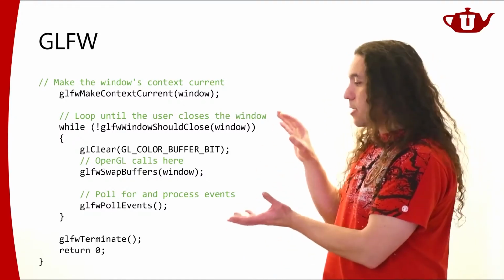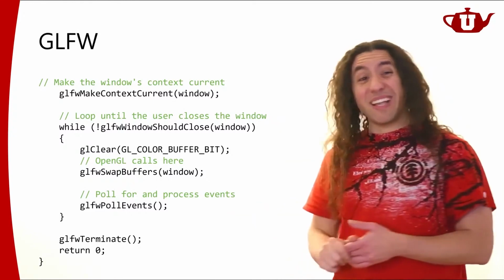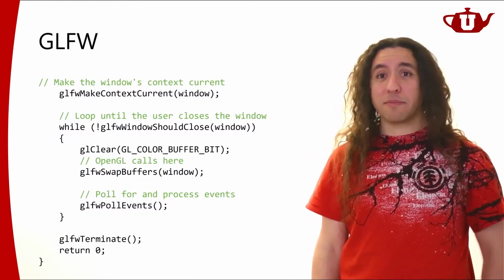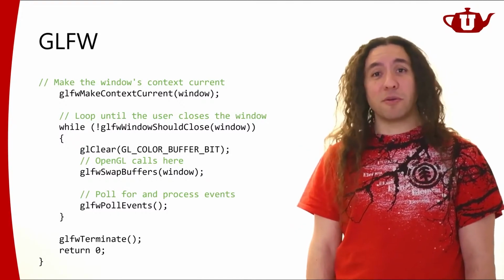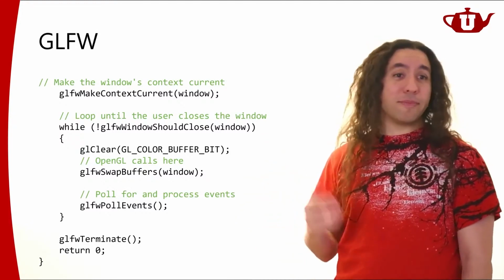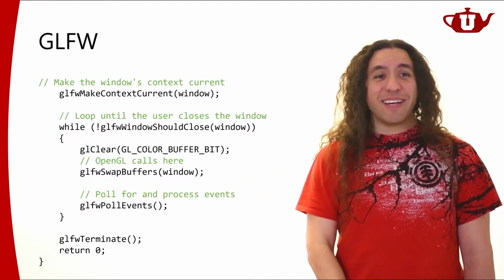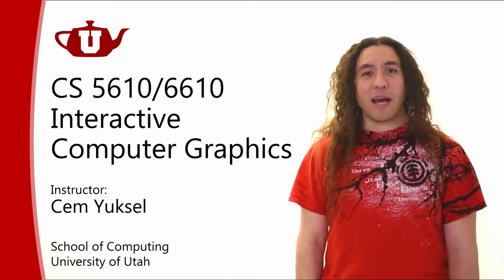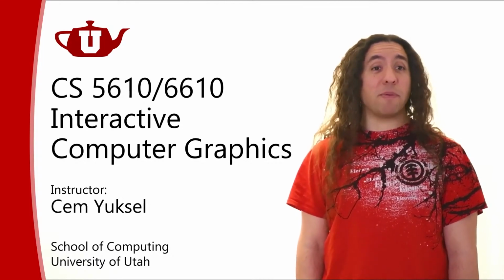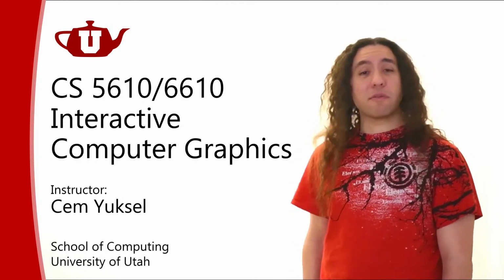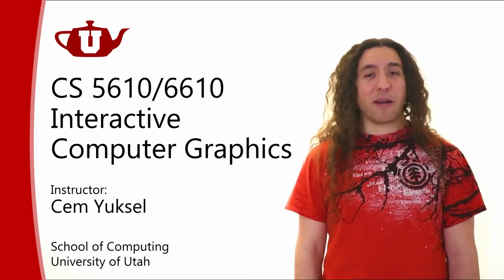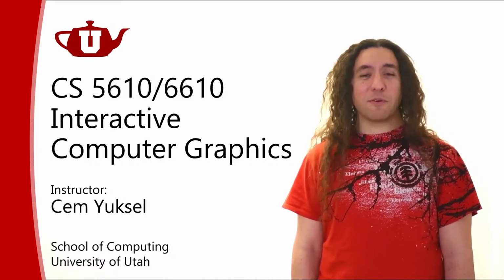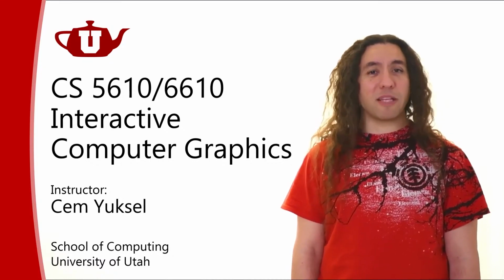GLUT will hide this loop complexity from you, but nonetheless, you kind of need to understand that that loop exists in GLUT, right? So you kind of need to structure your code accordingly. So in that sense, I'm not sure that it's hiding much from you, but at least you don't have to write that while loop if it's any simplification for you. Anyhow, so it's a different API, works differently. Nonetheless, there are different APIs that you can use. As I said, if you're not sure about which API to use, I'd say use GLUT. If you like this while loop option a little better, you can use GLFW. If you really, really like Qt, you can use Qt. If you like some other library, you can use some other library, whatever that is.